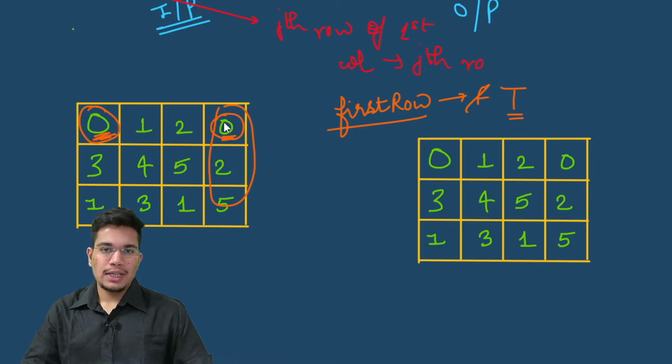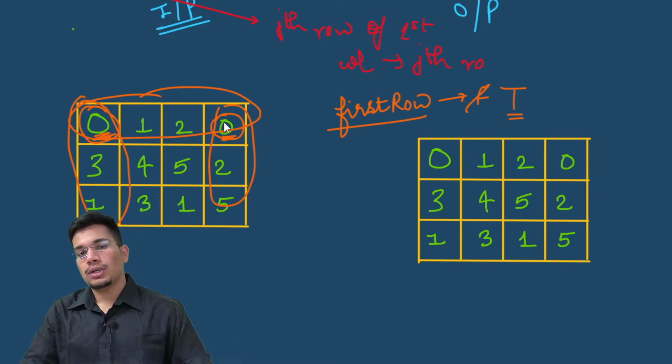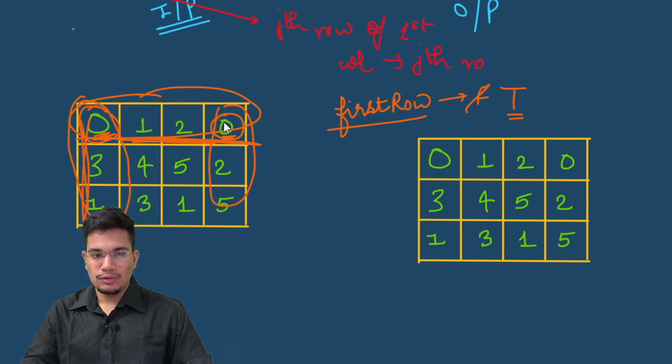Now what we'll do is we'll iterate over the matrix again, but from the bottom right to the top left. The reason we're doing this is because we will keep on changing elements to 0 based on values for this particular column and this particular row. To make sure that we don't overwrite some values so that our idea changes, we need to iterate from the bottom right to the top left, so that these values for the first row and the first column will be changed at the end, because we don't want to change these values first itself.